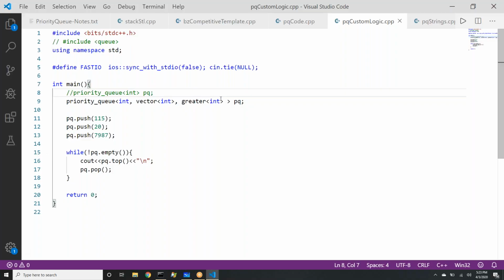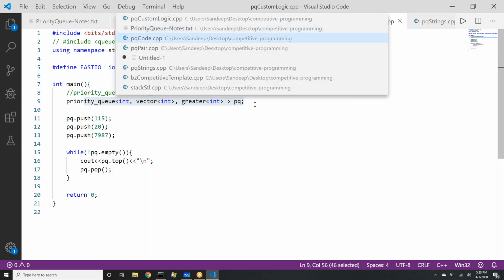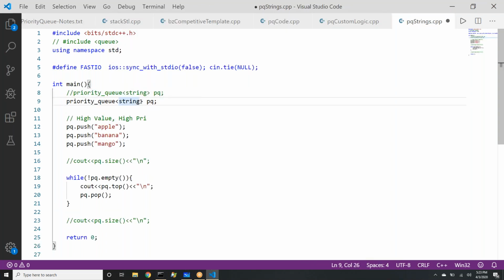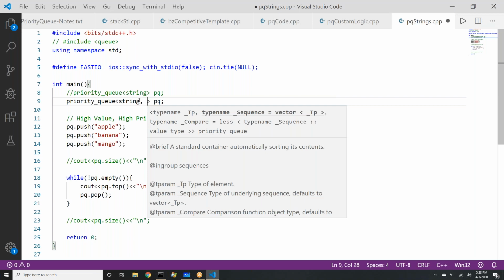Now you may be wondering, will this syntax work for strings also? Let's go and look at our string code we had written. If we want strings in lexicographically increasing order, can somebody tell me what I should write here? It is just a revision of syntax that we are doing.